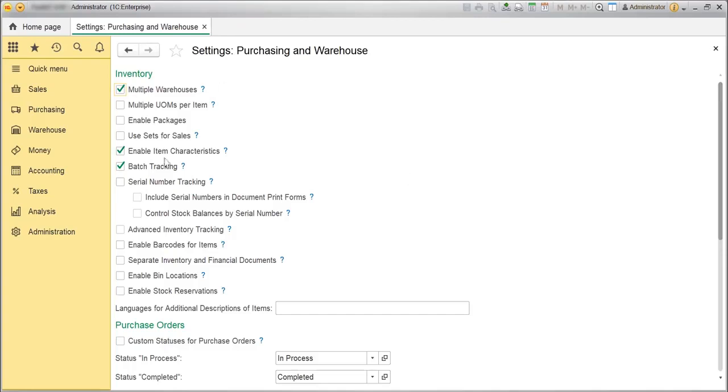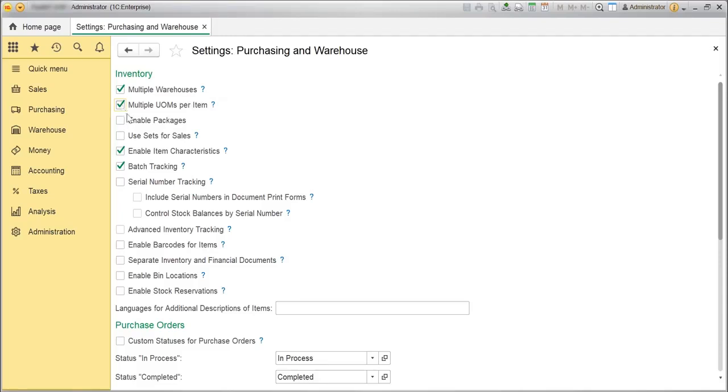Enable the unit of measure per item option to have an opportunity to use different units of measure for one item. An item can have one basic unit and many others. The others will be recalculated based on the base unit automatically. These are displayed in all documents with an inventory tabular part, and you may find the list as a link in